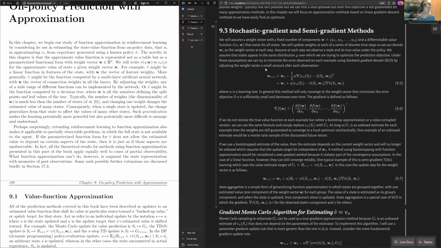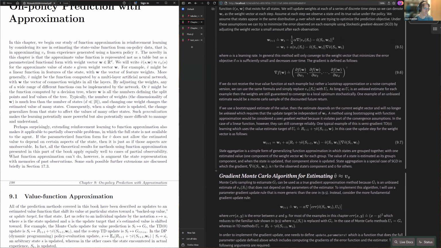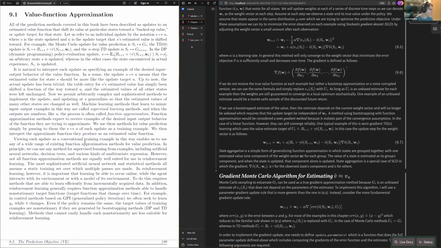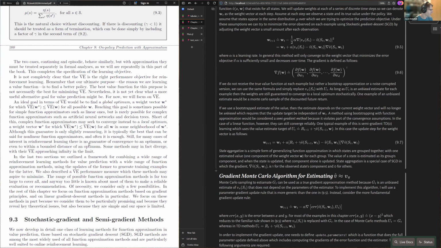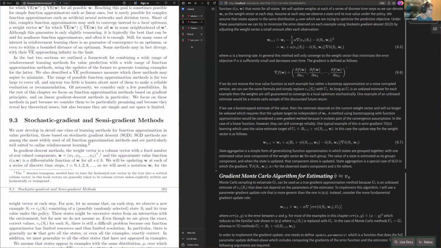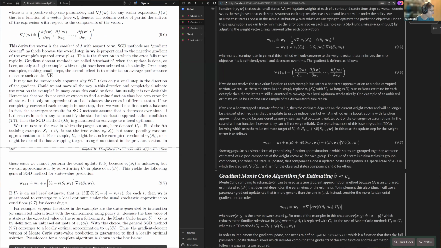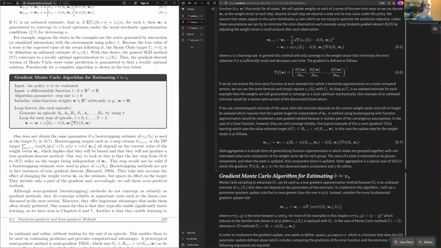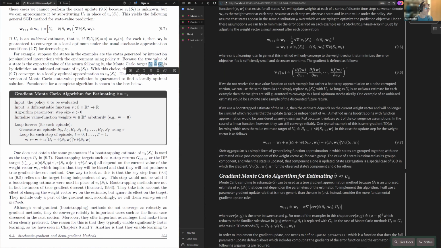So for all the previous methods in the book, we can replace this with some estimate of this, where ideally we want to use some unbiased estimate for the value at this state. This is the stochastic gradient descent. In the case of Monte Carlo methods, we just use G for this unbiased estimate, where G is actually